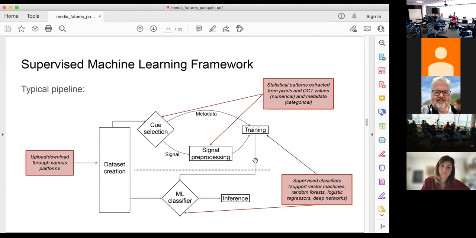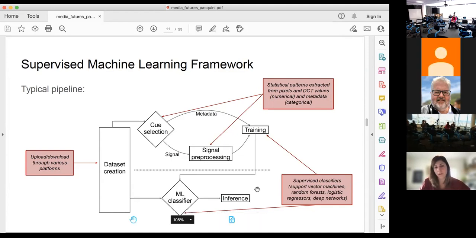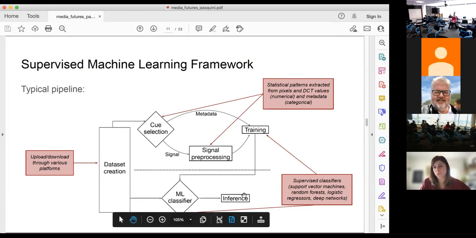After this, we get a trained machine learning classifier out, which is then ready to be used in the inference phase, where we have new data